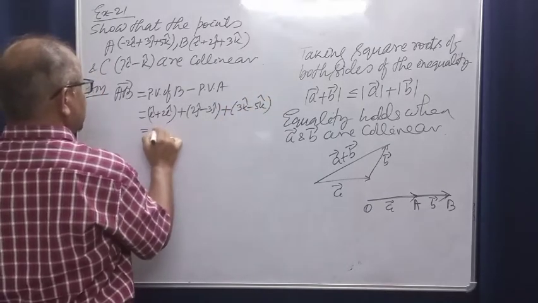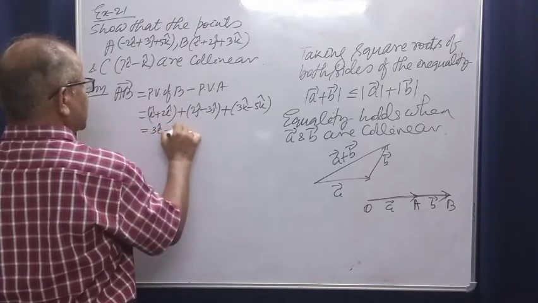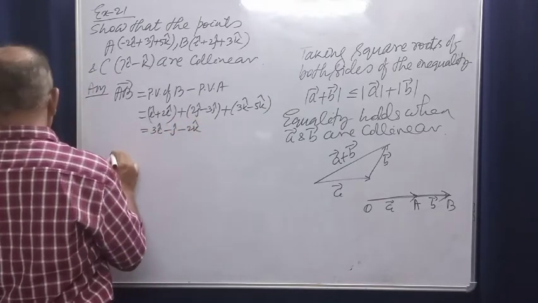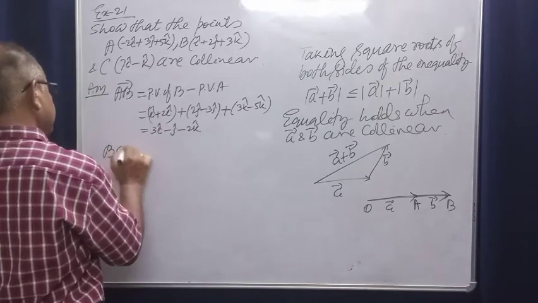That means it is 3 i cap minus j cap minus 2 k cap. This is AB. Then BC